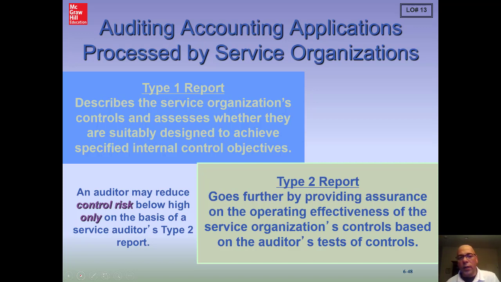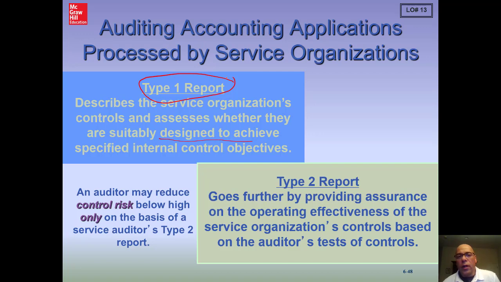That is to obtain an understanding sufficient to evaluate the design, see that the controls have been implemented, or understand if the controls were implemented or not, and then make our assessment of risk and material misstatement. So if you get a type 1 report, that'll get you through the design part of the work, but you would have to basically do the full measure of your substantive testing: nature, using external evidence instead of internal evidence; extent, larger sample sizes; timing, using year-end testing primarily instead of interim testing, because in that situation the service auditor had not gone further and tested the operating effectiveness.